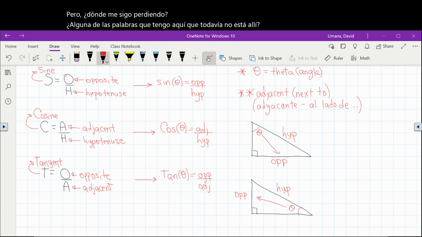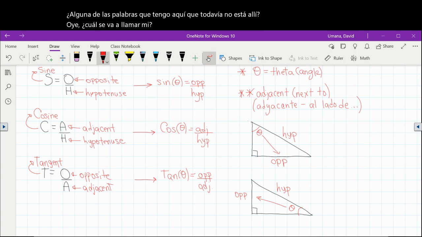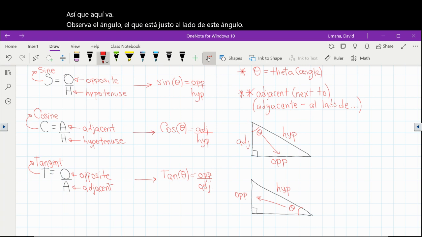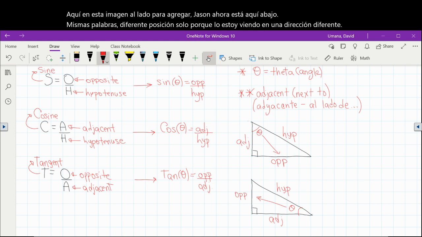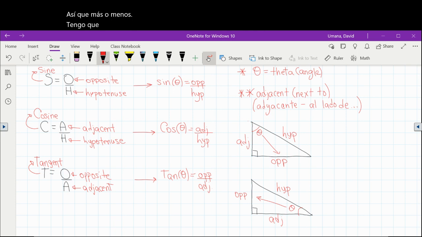A, which is going to become my adjacent. So here, el que falta, el que está junto a este ángulo, the one right next to this angle, adjacent. Here on this picture, next to, adjacent is now down here. Same words, different position, only because I'm looking at it in a different direction. So I have to move around my angles so that it's in the right